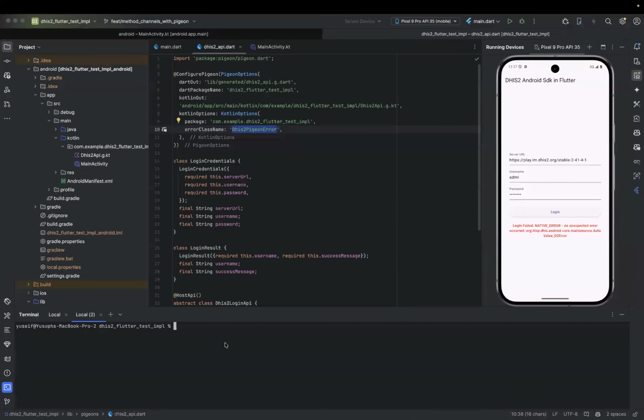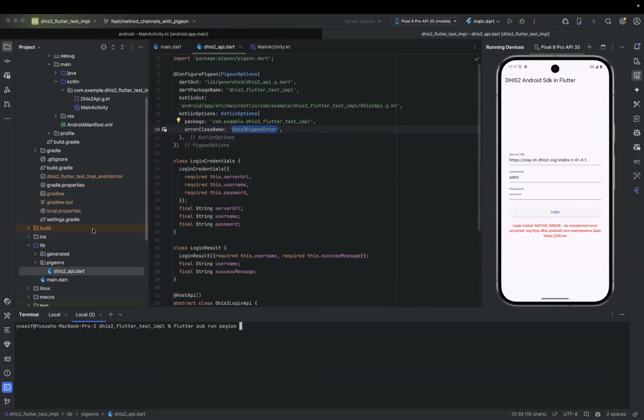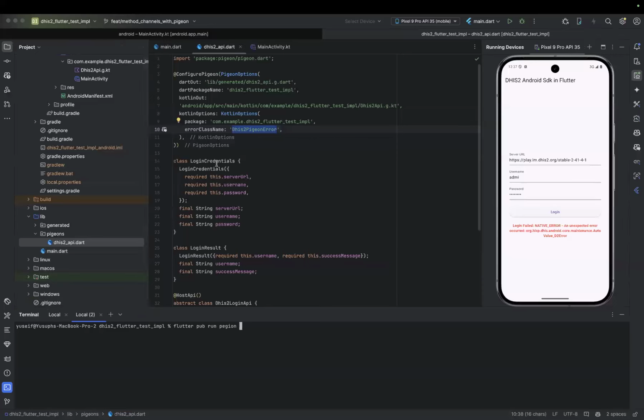So we'll do flutter pub run pigeon. Then you specify where this file is located in terms of path.